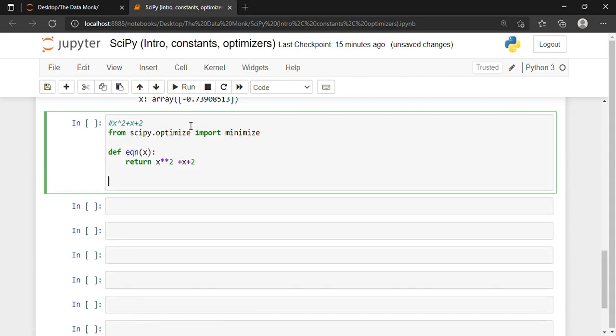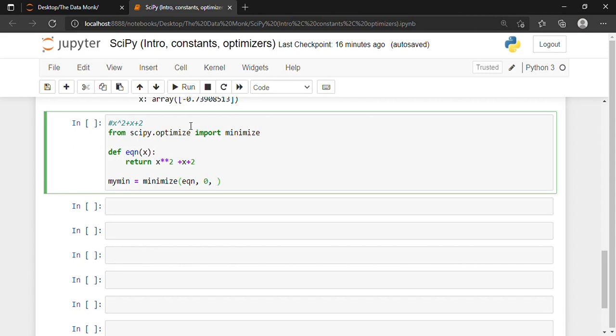All right, and then we will be writing mymin is equal to minimize, equation, comma 0. And the method which we are using is BFGS. You can just Google what the BFGS method is.